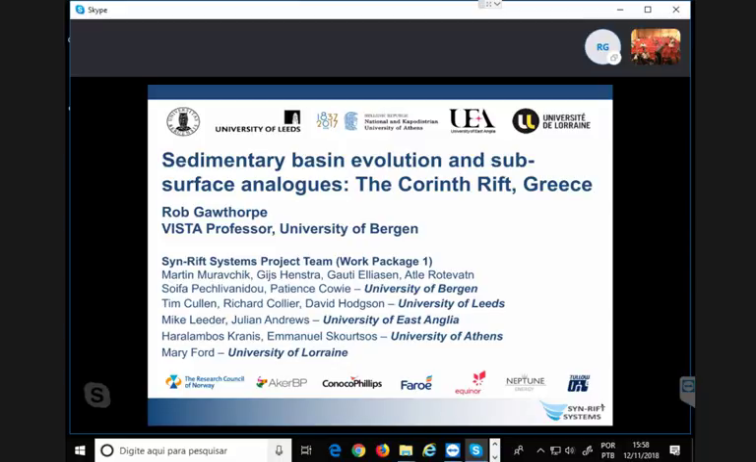Okay, as Richard said, this is a bit different focus. I want to look at some examples of using outcrop analogues for getting information on sedimentary basin fill with applications to oil and gas exploration and production. And the example I'll show is some work that we've been doing as part of a Norwegian Research Council Petromax 2 project on the Corinth Rift, which ties into subsurface studies along the Norwegian continental